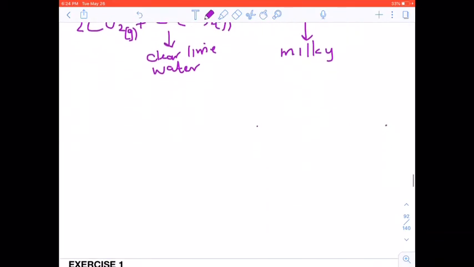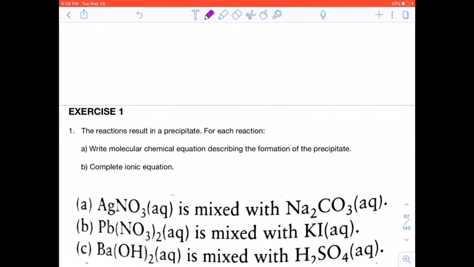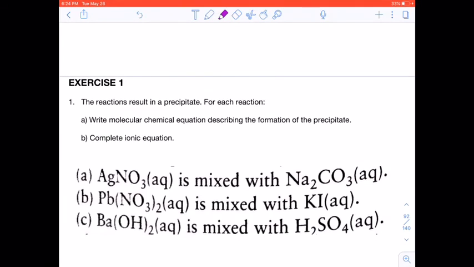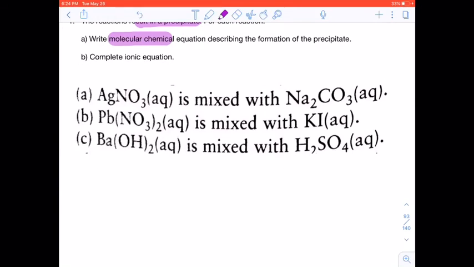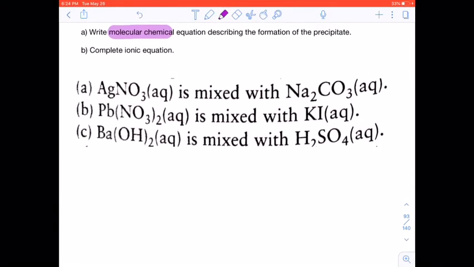Okay, now let's look at the exercise. The reactions result in a precipitate, right? All of these. For each reaction, write a molecular equation describing the formation of the precipitate and write a complete ionic equation. Okay, so if we look at this here now, if you want to write a complete molecular equation, so we